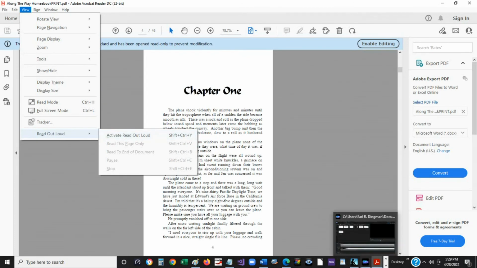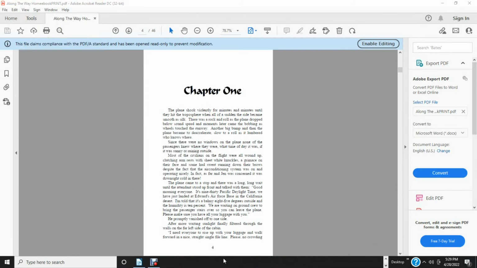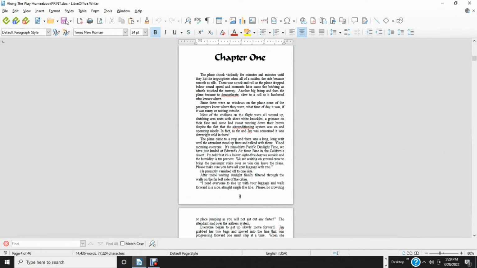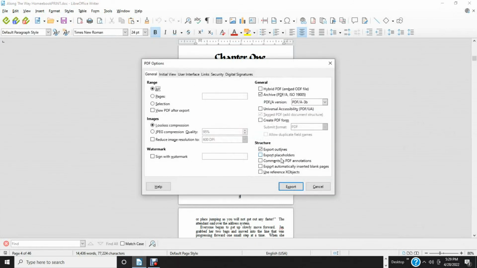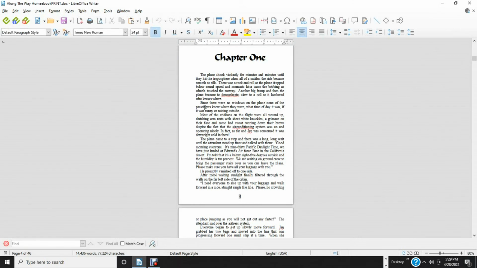In my case, I'm using LibreOffice, especially because LibreOffice will export a PDF file. So you can take your doc file, export it as a PDF, put it into Adobe, and then follow along and make corrections